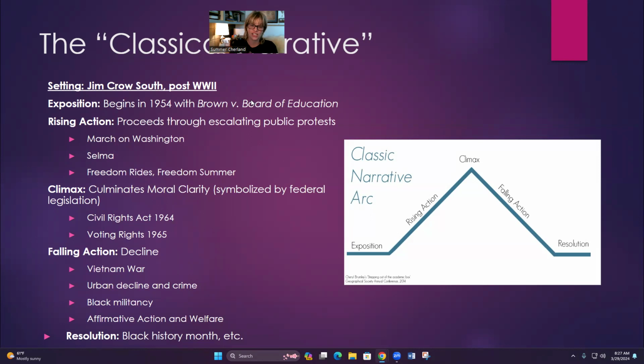And for us, at least in terms of historians, the way we discuss these things, is it's typically symbolized by some sort of federal legislation. So the Supreme Court rules this or that. In 1964 and 1965, respectively, President Johnson signs a series of bills or laws like the Civil Rights Act and the Voting Rights Act. And then you start to see kind of the way, I mean, imagine if you were